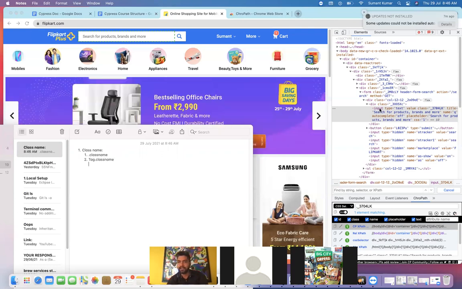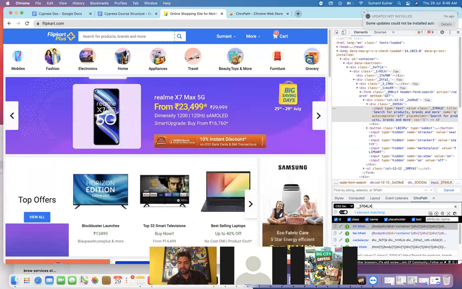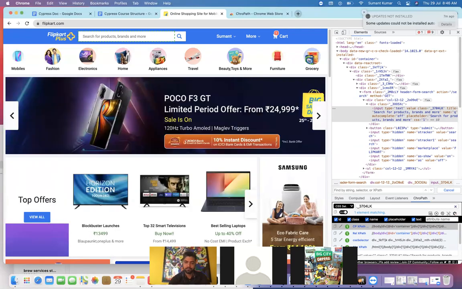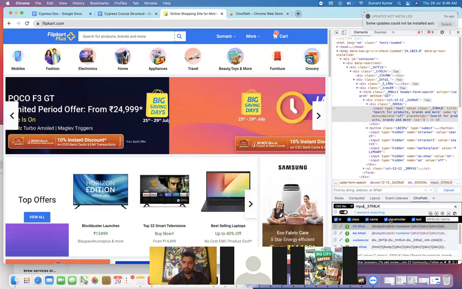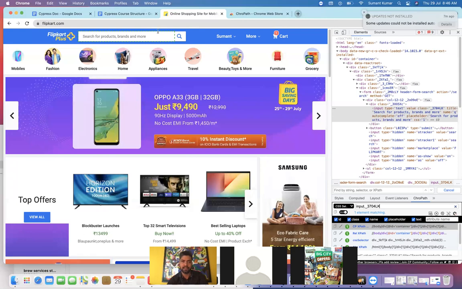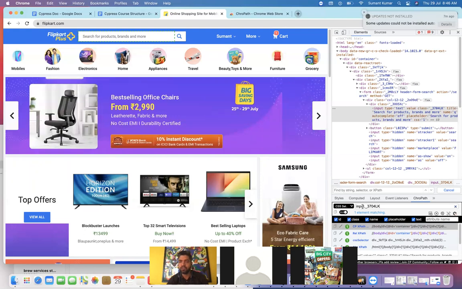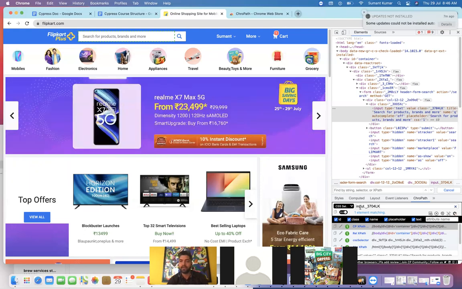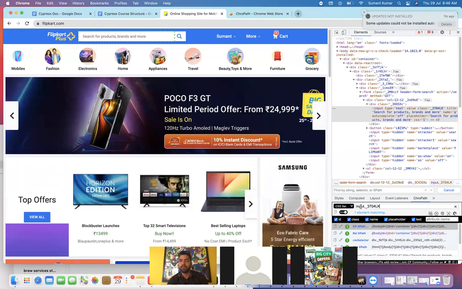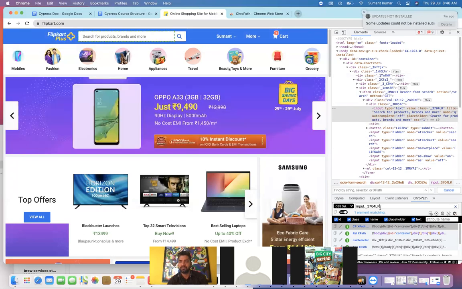Let's say here the tag is input, right? If I use input before this and press enter, you can see this element is still highlighted, correct? Now the question is, if it works without input also, then why is input required? Sometimes we have two elements with the same class name.